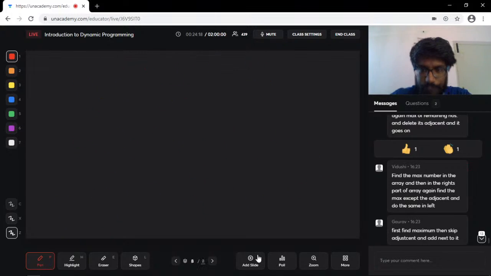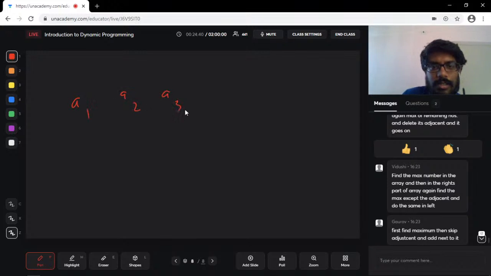Vidushi has a very interesting approach. Find the maximum number in the array and then in the right part of the array, again find the maximum except the adjacent and do the same in the left. Okay, this makes a lot of sense. I don't know if it's he or she, but what they are saying is,